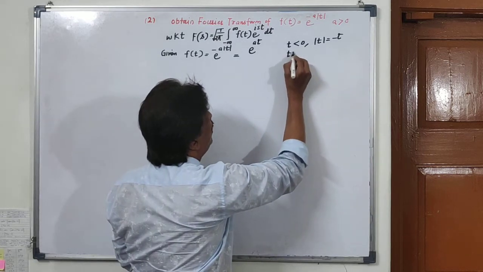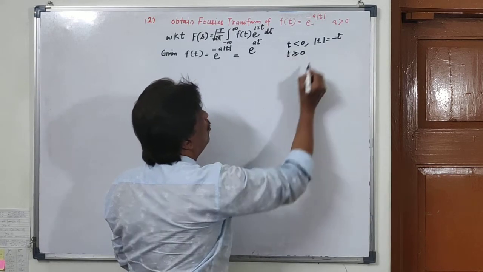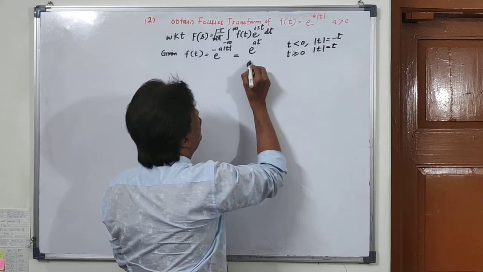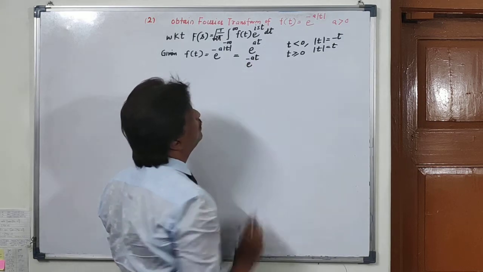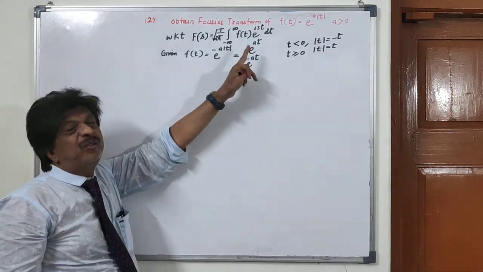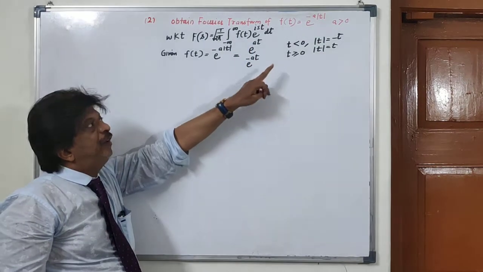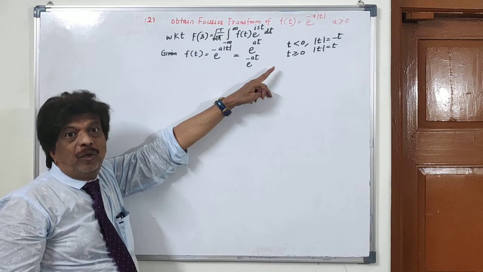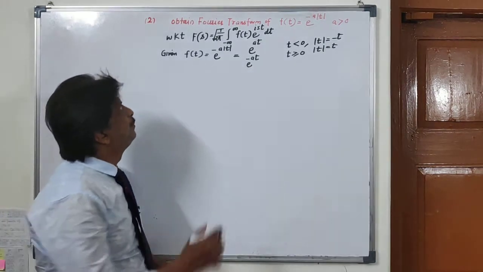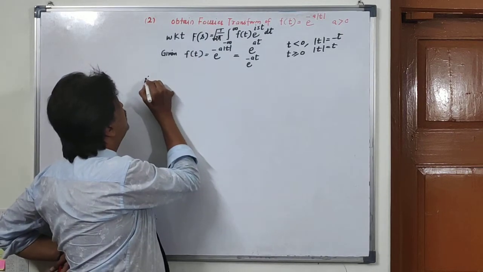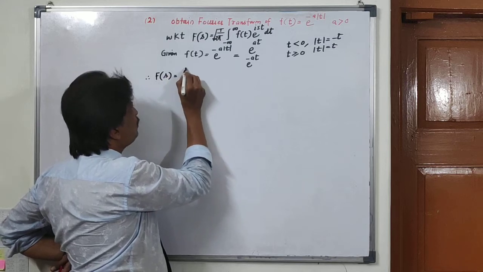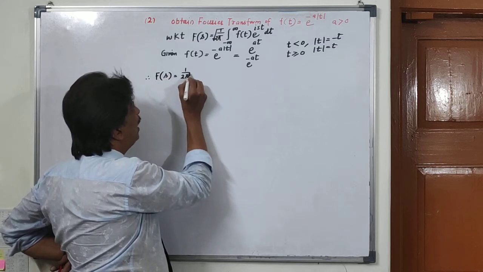When t is greater than or equal to 0, mod of t is equal to plus t, so it is equal to e to the power minus at. So when t is negative, the function's value is e raised to the power plus at. When t is greater than or equal to 0, its value is e to the power minus at. So we will split this. f of s is equal to root of 1 upon 2 pi